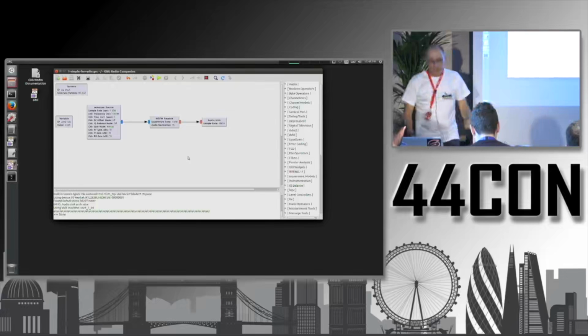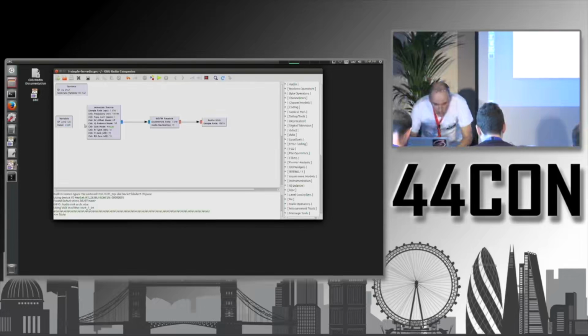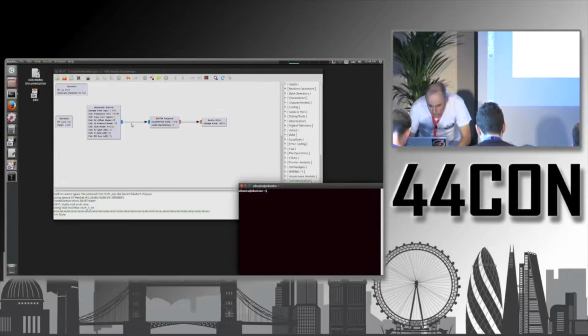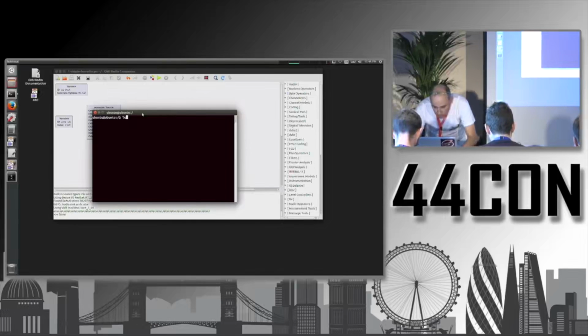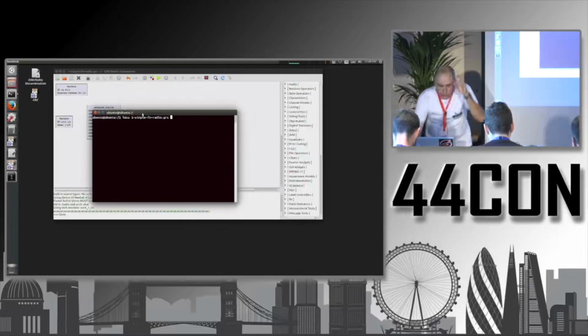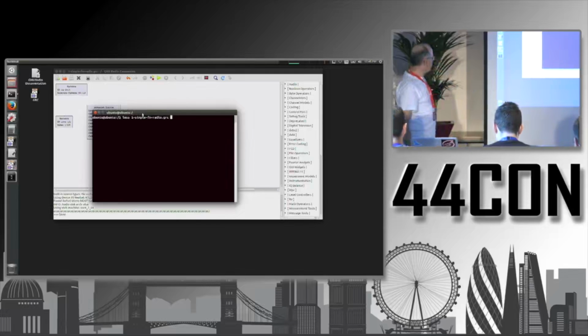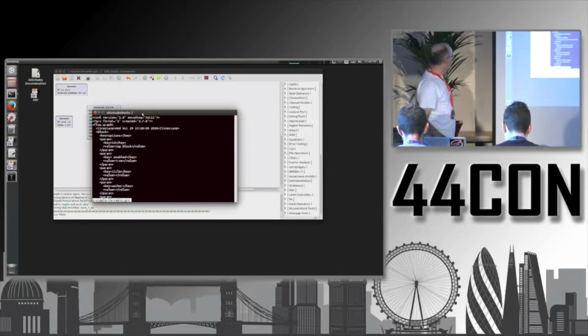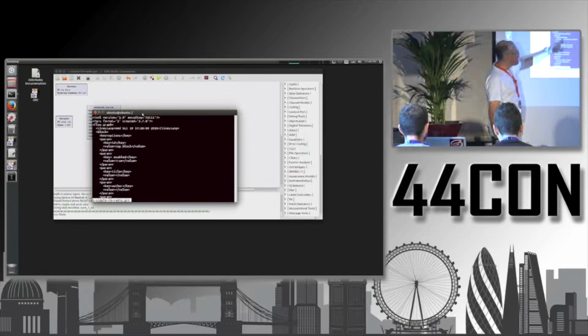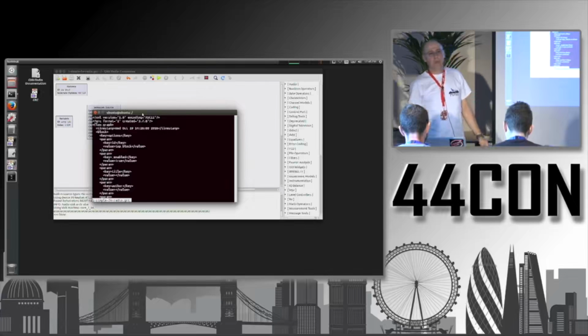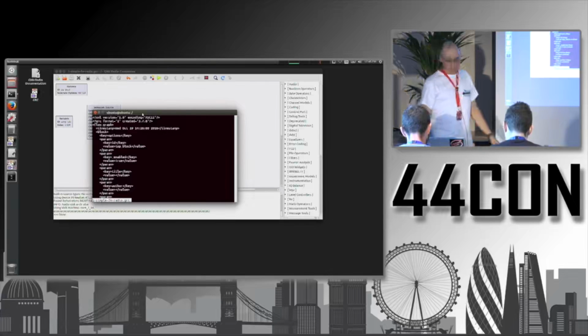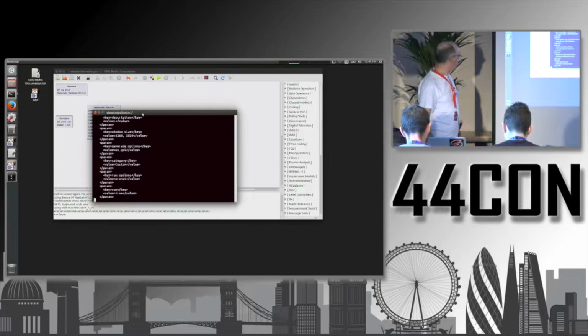Now, if we go into a shell, and I do less of that file to look at the input, you can see it's actually XML. Okay, so that GRC file, that definition file for GNU Radio Companion, is an XML file. And if we go through it,